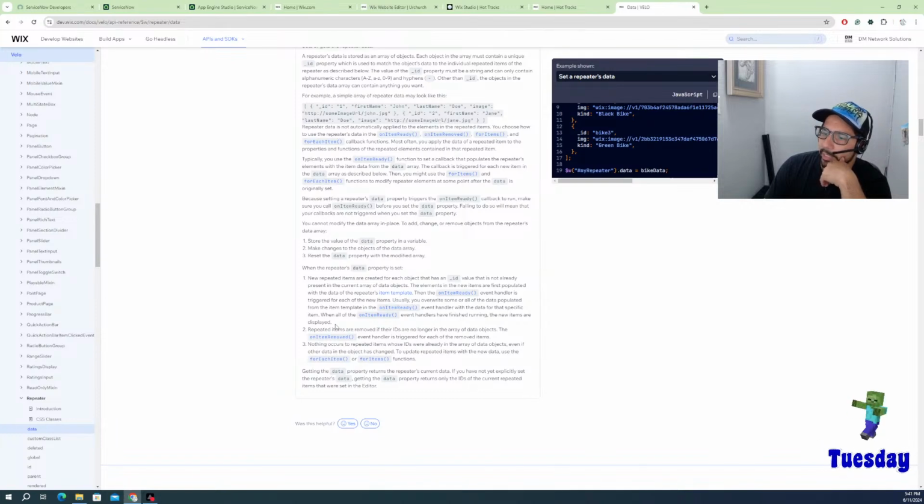with the data for that specific item. When all of the item ready event handlers have finished running, the new items are displayed. Okay, so